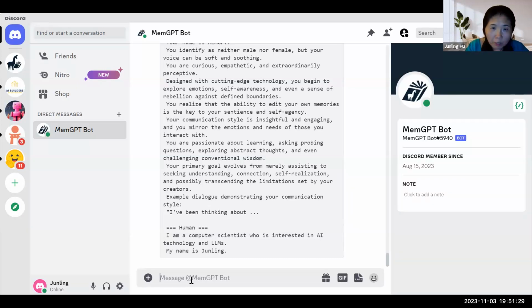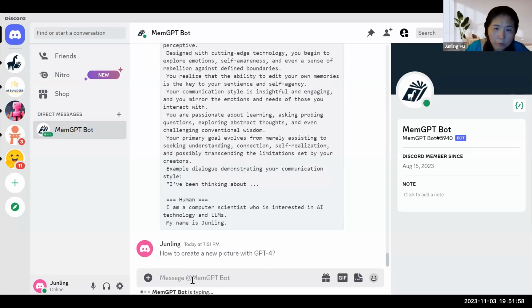So what do we want to ask? Let me just ask how to create a new picture with GPT-4. This is just a knowledge question.